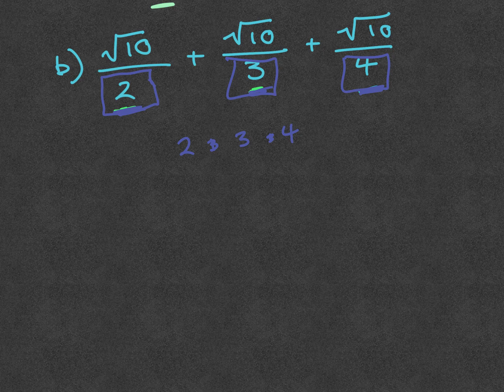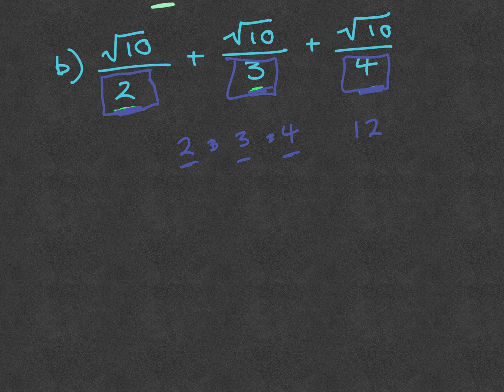That's going to give us 6, but 4 isn't a factor of 6, so that's not going to work. If we look at 3 multiplied by 4, that gives us 12, okay? 2 is also a factor of 12. So all 3 of these numbers, 2, 3 and 4, are all factors of 12. So what we're going to do is make the denominator of all of these fractions into 12,